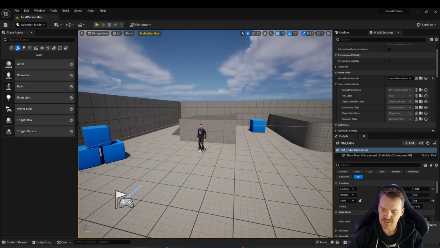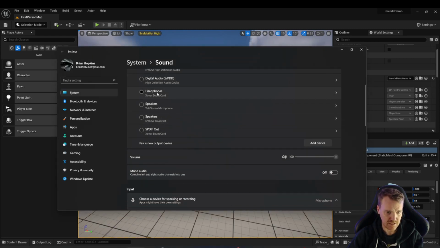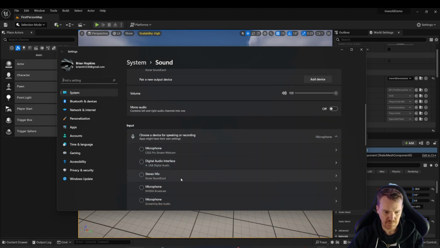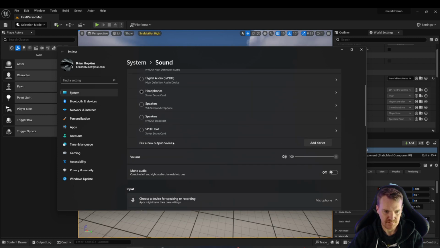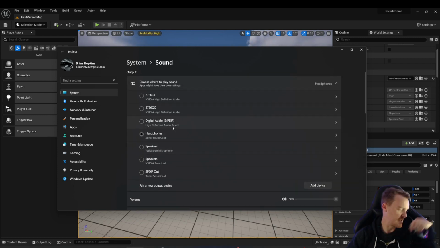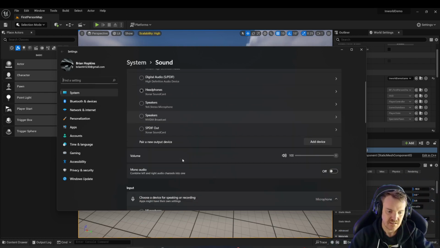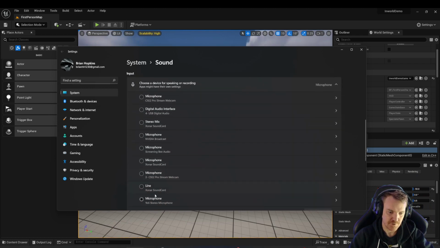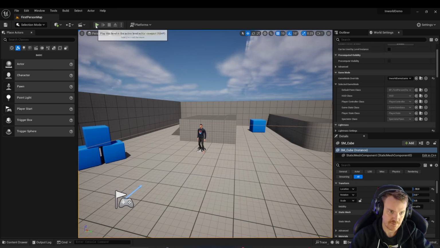The only other thing that you need to make sure of is you need to go to your audio settings in Windows and make sure that your output and your input are set accordingly, right? So in this case, I'm going to change so that we can hear it better. I'm going to change the output to my headphones, and the input's going to be my Yeti mic. And now if we go,